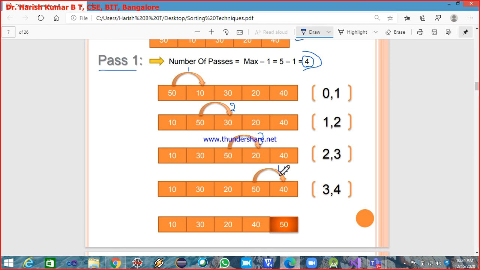4 comparisons we have done. So the number of comparisons is equal to, again, the max minus 1. In the first pass you require 4 comparisons if there are 5 elements. Now what we are doing here in the first comparison, I am taking the first element and second element, I